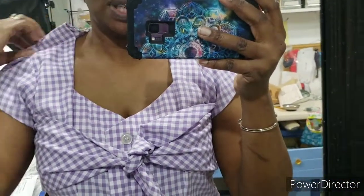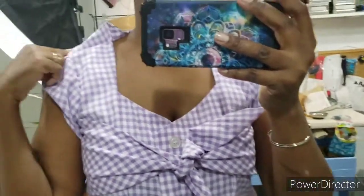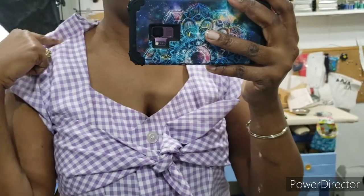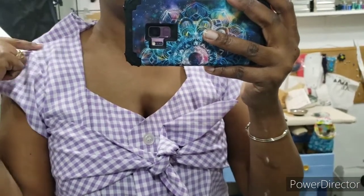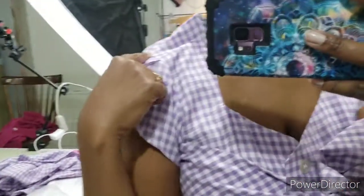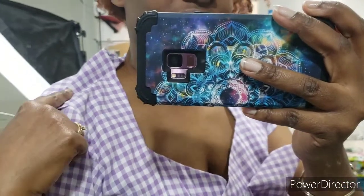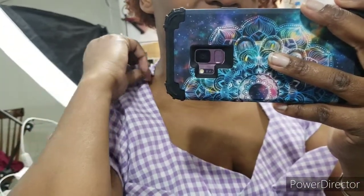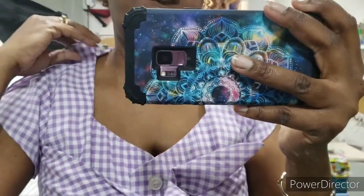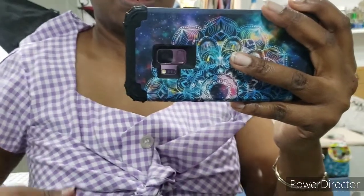And I have to do it in a way without lifting. I do not want to adjust this line right here. So I'm going to take it out and fade out to zero, fade to nothing. You can see on this shoulder right here, I want to keep this here, but all this excess has to come out. And because all this is coming out, that means at the bust line,